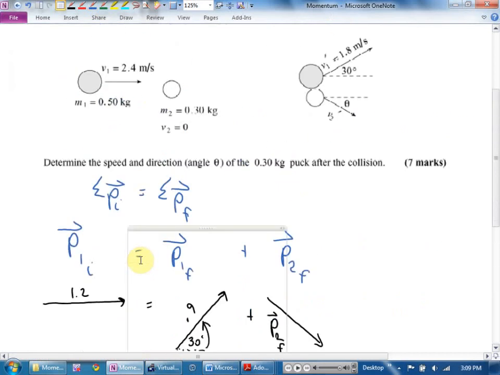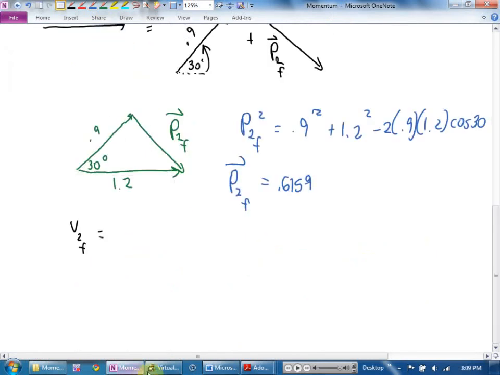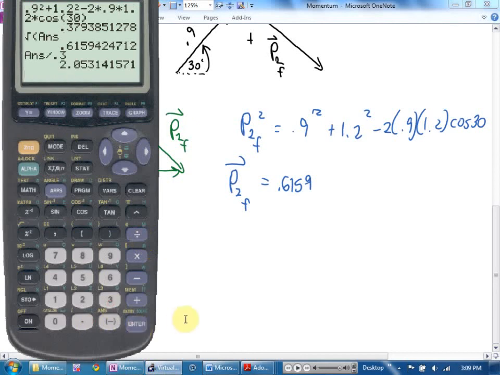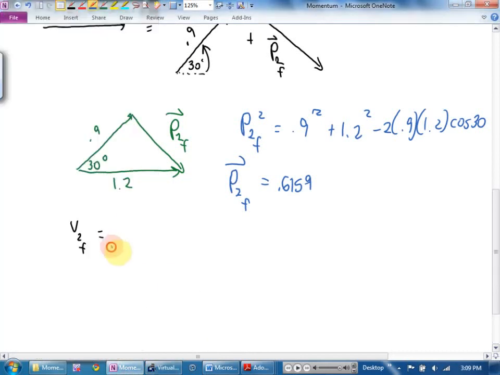And then divide by 0.3. Divide by 0.3. How about 2.05? Is that right? 2.05 meters per second at